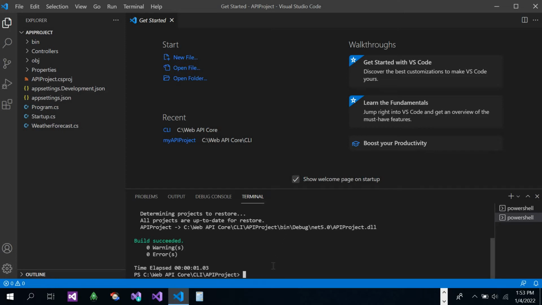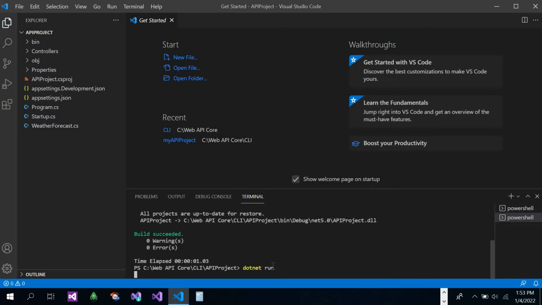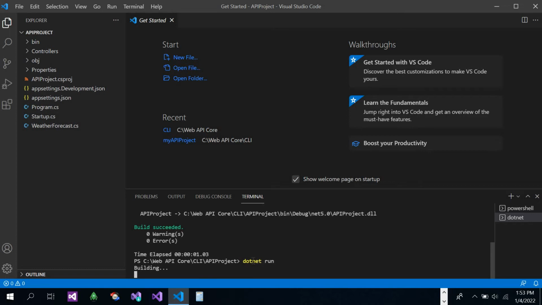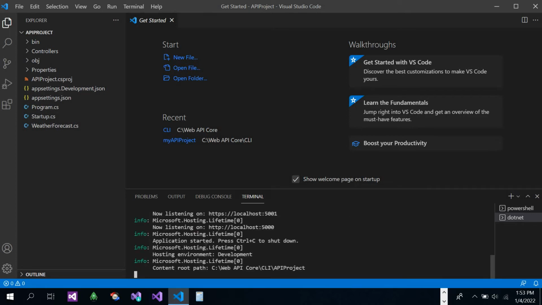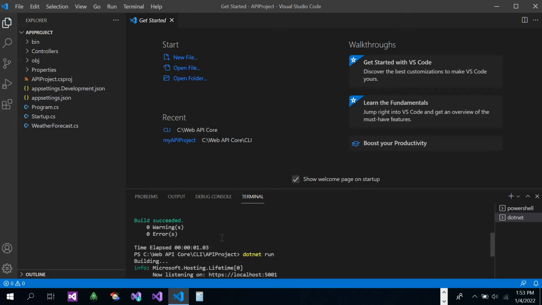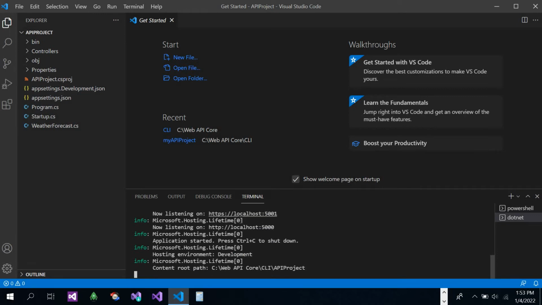So to run the web API project, .NET has provided one more command, that is .NET run, and press enter. After pressing enter, we can see our application is running on these particular URLs. We can see 5000 and 5001. One is HTTPS and one is HTTP, right? So let's copy one of the URLs and paste it in the browser